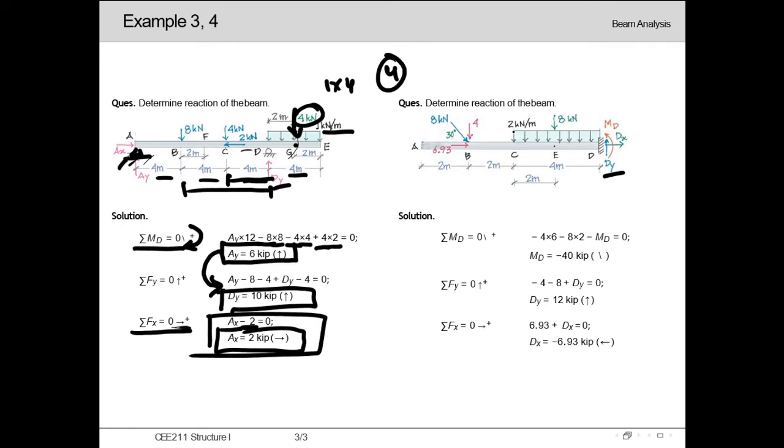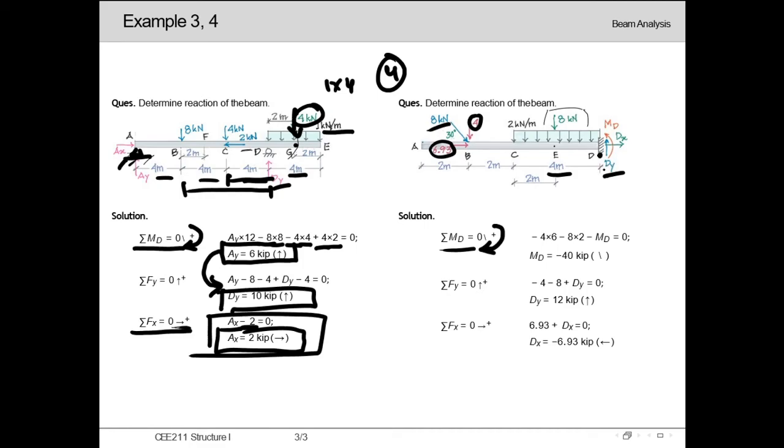Here we can see a uniform distributed load of 2 kilonewton per meter acting along a length of 4 meter. Throughout the length of 4 meter, we will get the total load as 8 kilonewton. And from this 8 kilonewton inclined loading, we will get the value of components as 4 and 6.93. Now applying moment at D, considering clockwise as positive,